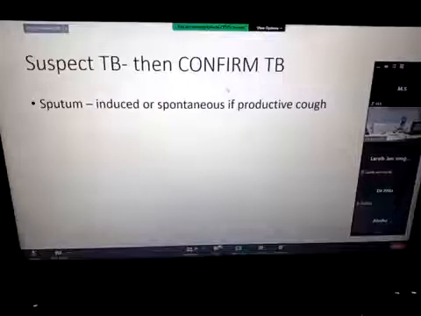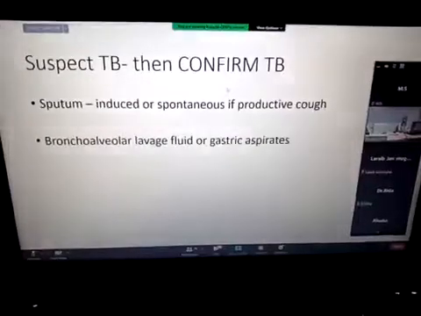In patients who are already producing sputum, obviously you don't need to induce it. They have a productive cough, you collect it. But if patients are not producing sputum, you can induce it through inhalation of hypertonic saline. Okay, so that can be done. Or else